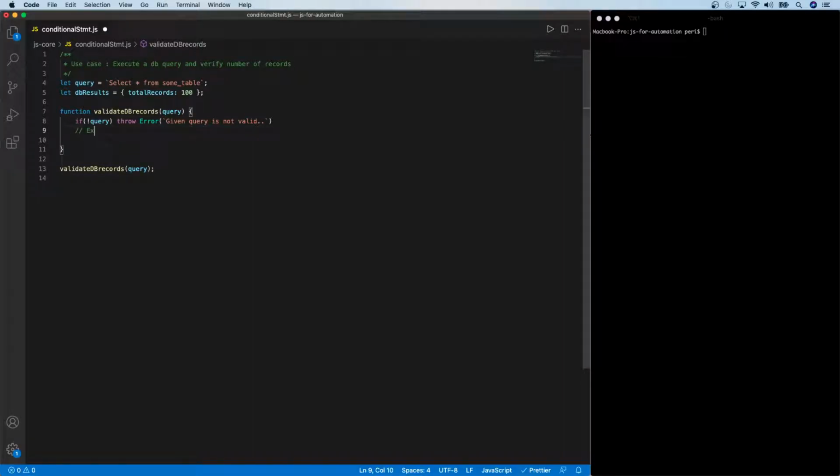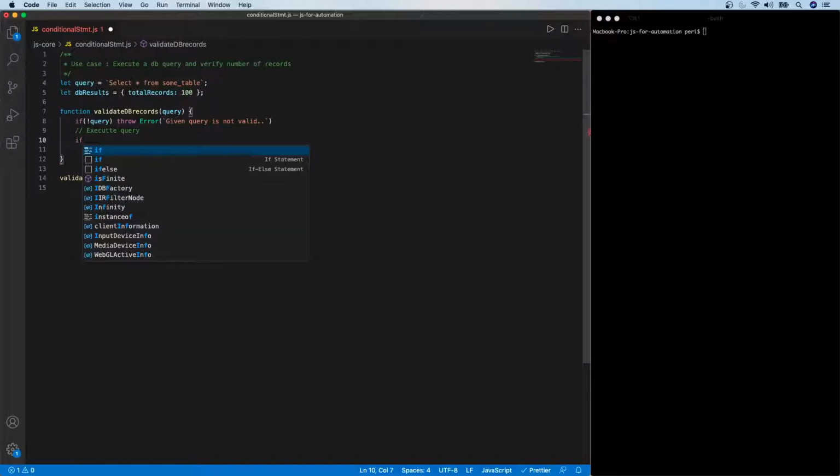So now let's assume that I'm executing the query. I'm not going to execute it now, but just use it as a conditional check. So what could be the possible options when you execute a query? Let's think about that. We may get a result, first point, or we may not get the result. These are the two major blocks, right? One, the query may be wrong, or you are not able to connect to the database, whatever could be the reason. Another thing, we may get a result. Those are the two main blocks. So that's what I'm going to say.